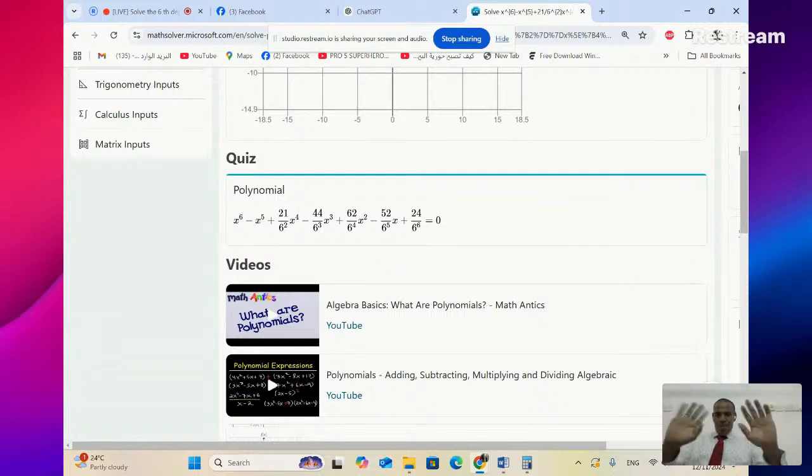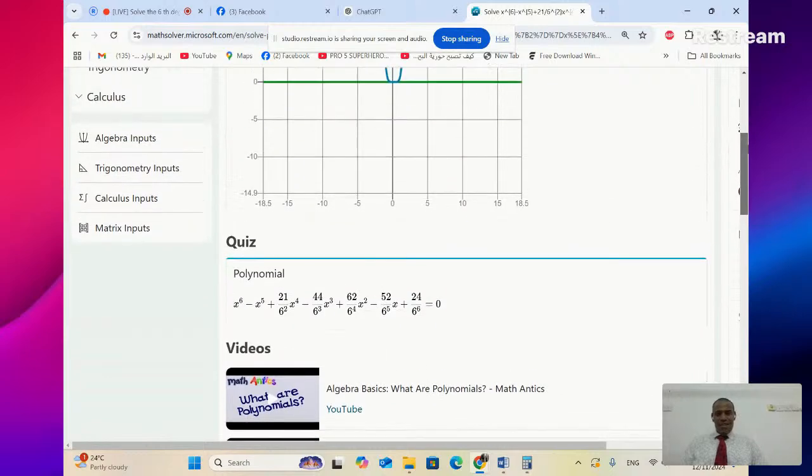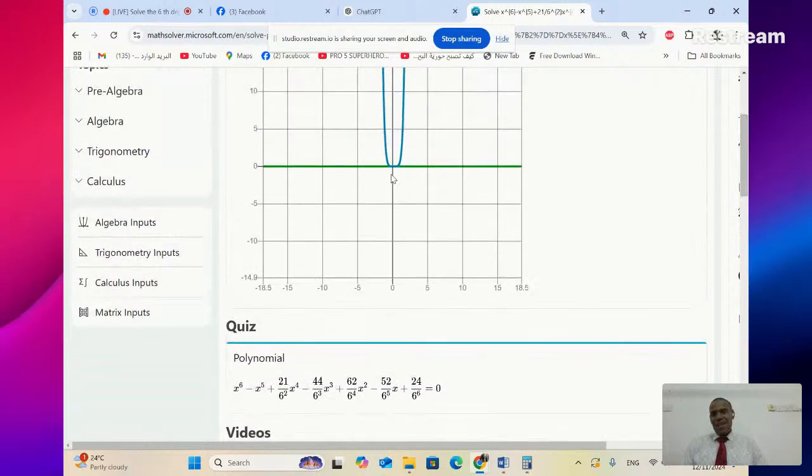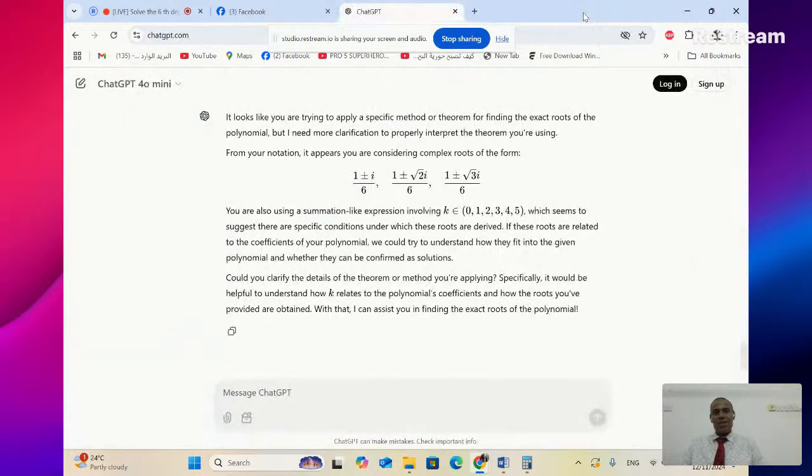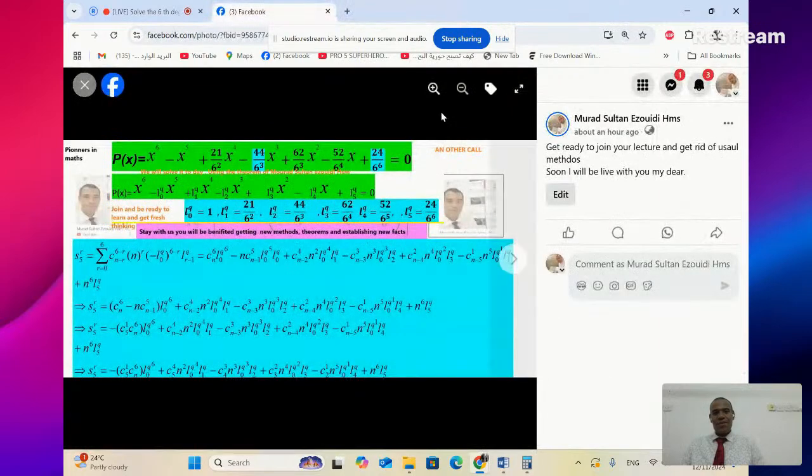Thank you and goodbye. Let's see the pioneer, the Tunisian in math, Mr. Mourad Sultan Ezouidi. Okay, and the graph of this is false simply because it cuts the x-axis, and we said there are no real roots. Even this curve is false. Okay, clear. Thank you and goodbye. Okay, this is Mourad Sultan Ezouidi, the pioneer in methods. Thank you and goodbye. Okay, I will now